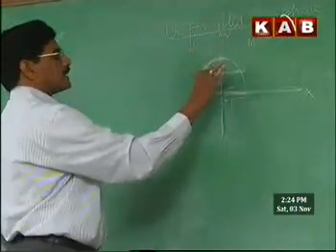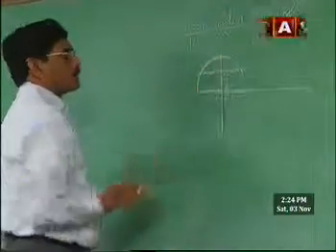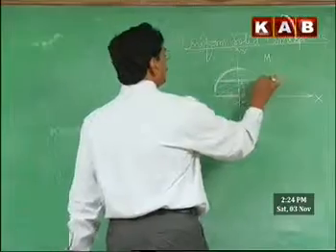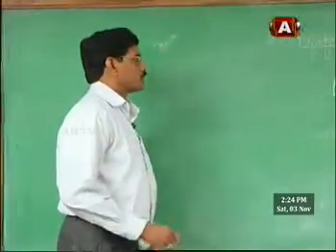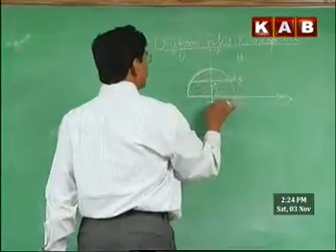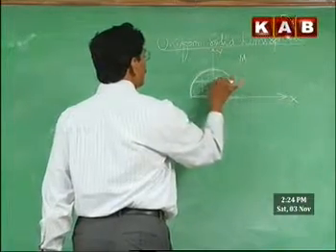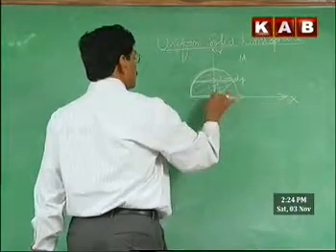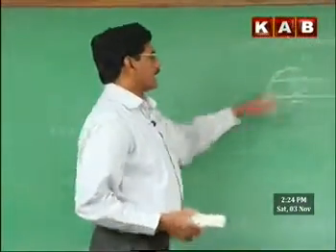Let us consider a circular disc at a height y from the base. Let its thickness be very small, infinitesimal thickness dy. The radius of the hemisphere is capital R. So, what about the radius of the disc? Let small r be the radius of the disc. This is capital R. Then, how are they related?